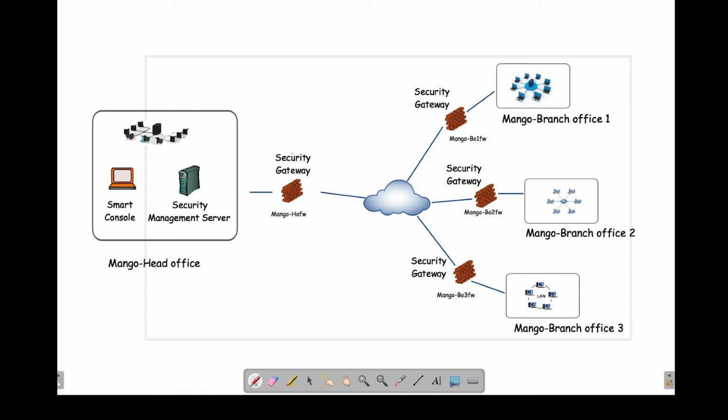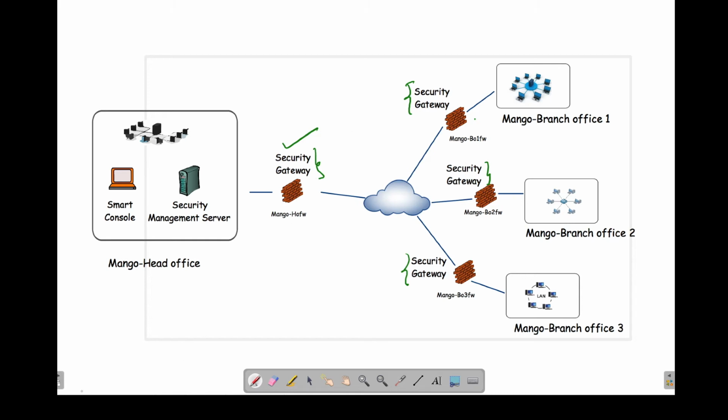The firewalls which are trying to give security for the companies are called Security Gateways. So on this particular system here, we install an application called Security Gateway. On all the firewalls, we install an application called Security Gateway.